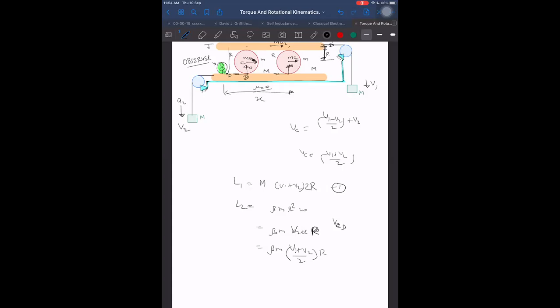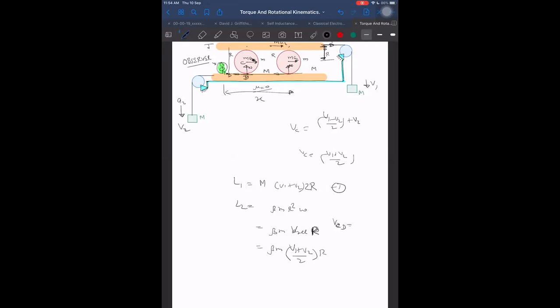We are finding with respect to D point, and angular momentum will remain the same whether I take D point under the feet of observer, or I take D point here or here. Anywhere here angular momentum will be the same. I have told you before: angular momentum at all points lying along a line parallel to the line of velocities will be the same. Is it right or not? So either I'm finding about this or about this, it doesn't matter.